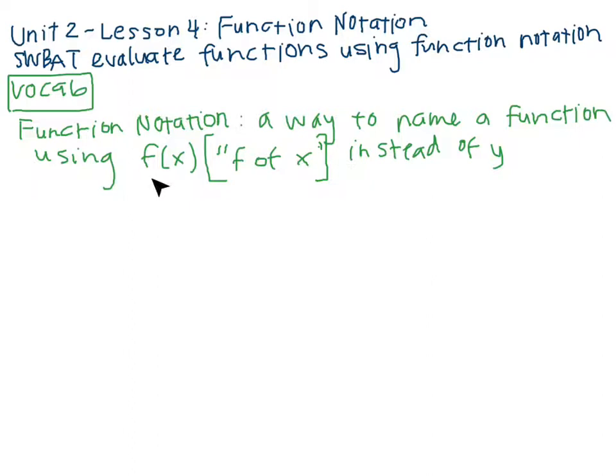Right here you'll see f parentheses x close parentheses. That is pronounced f of x. So f of x is a different way for us to label something. In the past, we've done y. Instead of y, we'll use f of x. So, for example, if we had y equals 4x minus 7,